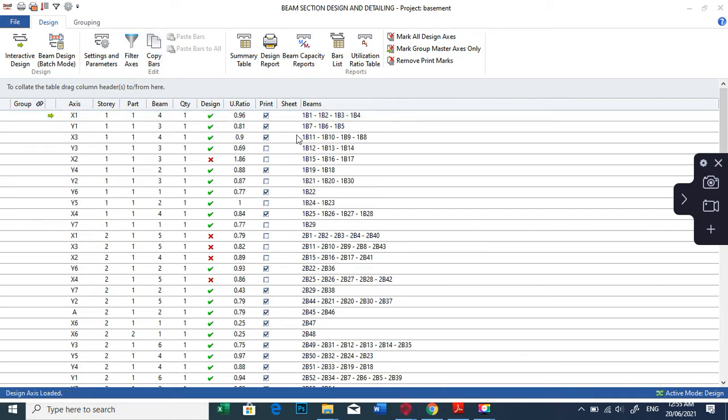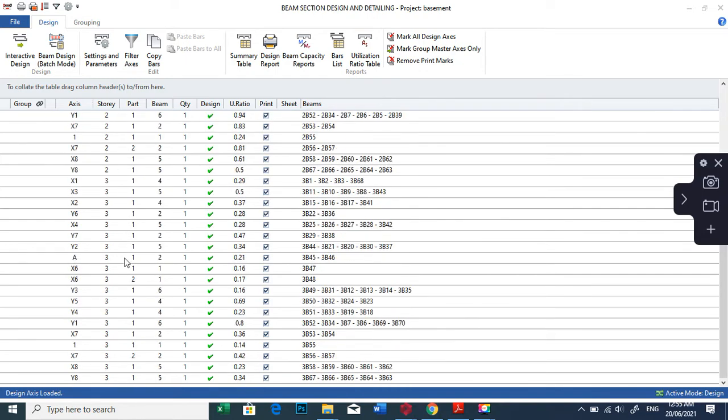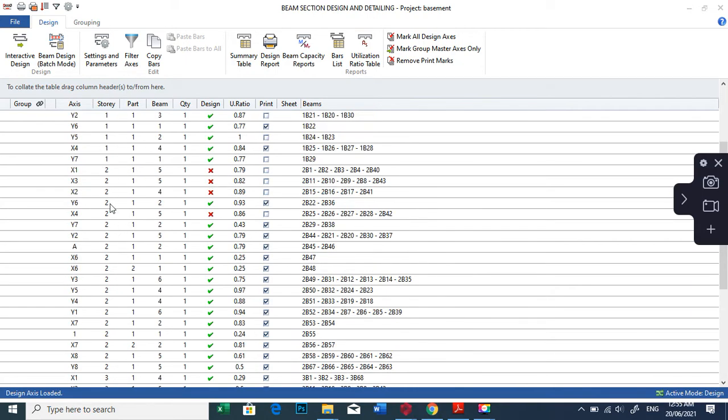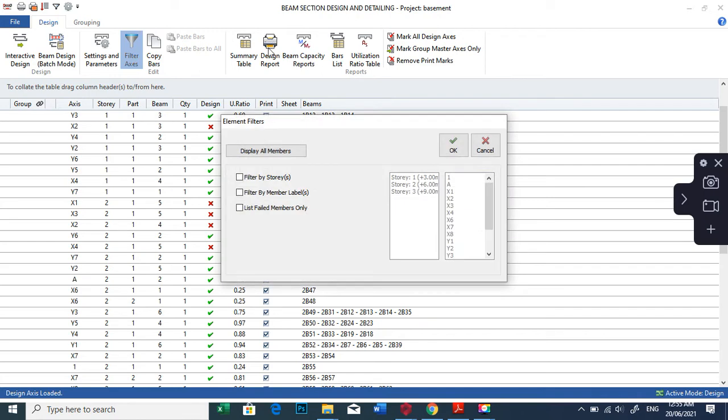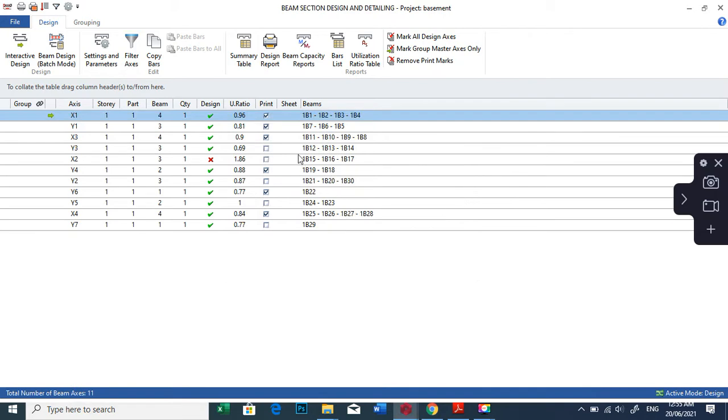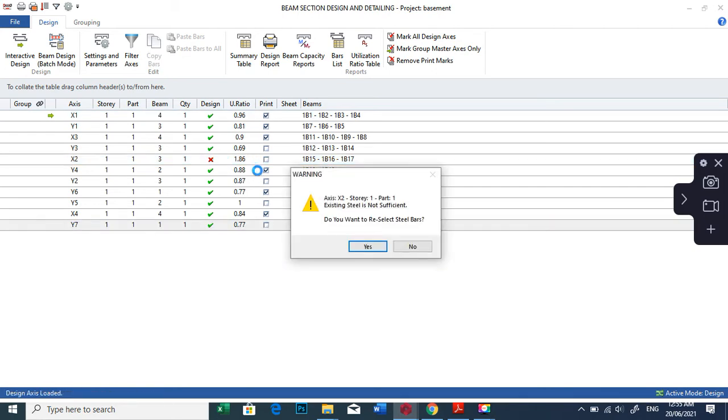Okay, when we get to this part, same thing applies. Everything is modeled up in 1, 2, 3 floors. So all the floors are modeled up. So what we can do is to filter by story. So we take the first floor and we say okay. If you look carefully, it has separated just our first floor